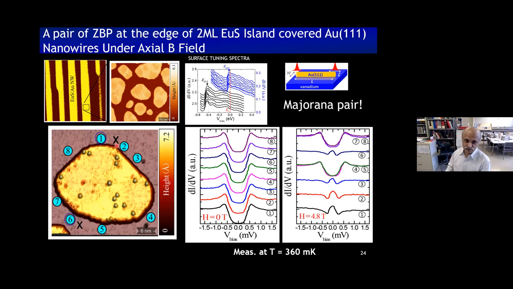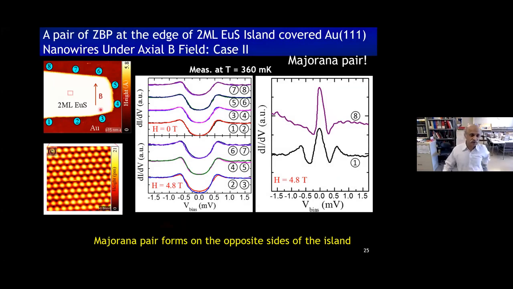You can see this just in this region, and in that region you can see this peak appearing. Anywhere else, you still maintain this hard gap, so it hasn't changed. So this we attribute to the possibility of a Majorana pair. This is better confirmed also in the next one, wherein we have an island formed at the edge of the wire. This is the gold edge, and then you have europium sulfide forming. So this is this corner I'm talking about.